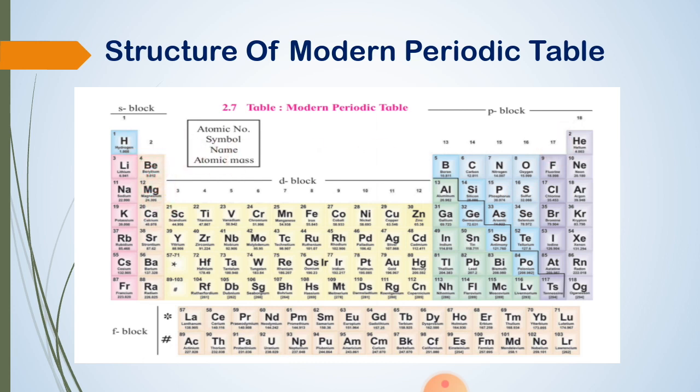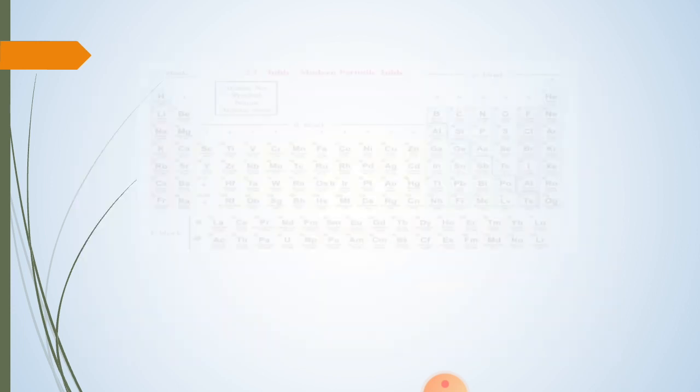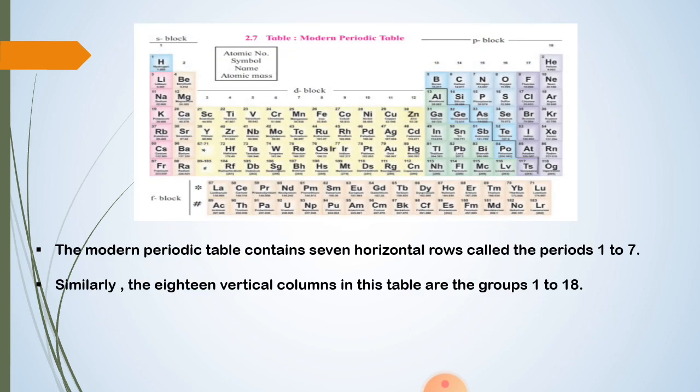Here first we will see the atomic number, that is 1, here 3, here 11. Then we will see a symbol, then a name and the atomic mass. Everything is there for each and every element of this periodic table. You have learned this very nicely, but again we are going to revise it.